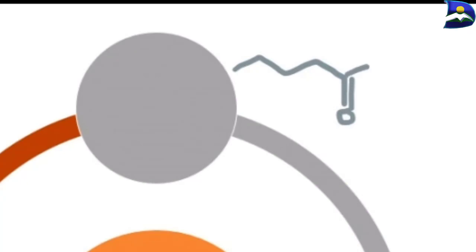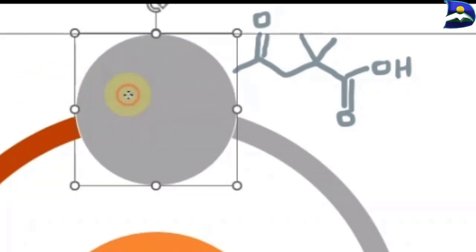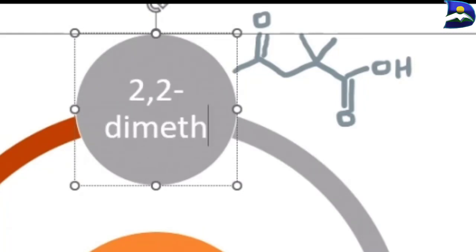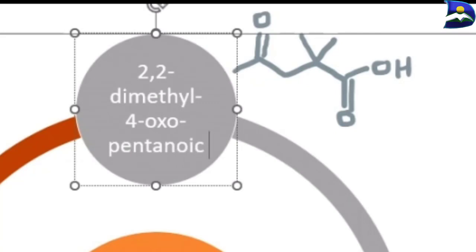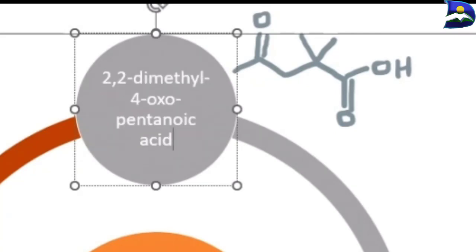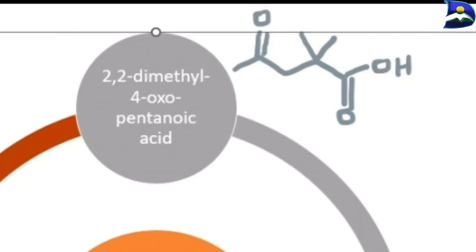One example is 2,2-dimethyl-4-oxo-pentanoic acid, and in this structure you see that at carbon 2 we have 2 methyl groups attached, and that is the least priority, and then the higher priority group is the ketone group, which is positioned at carbon 4, and finally pentanoic acid is the longest chain that is achieved for the carboxylic acid group,